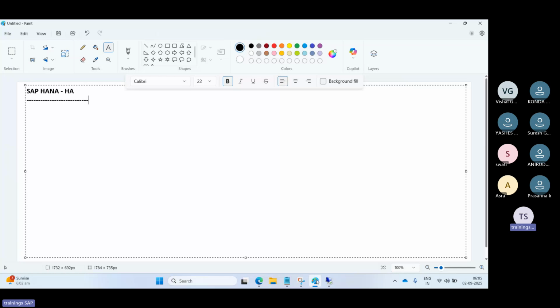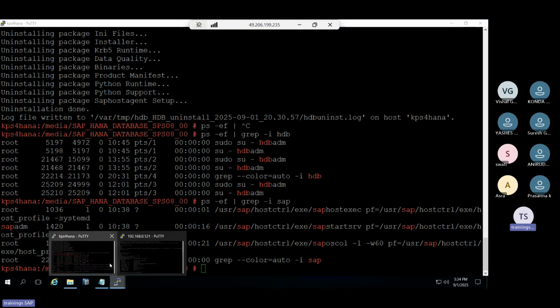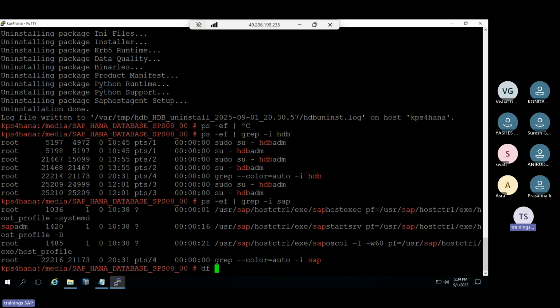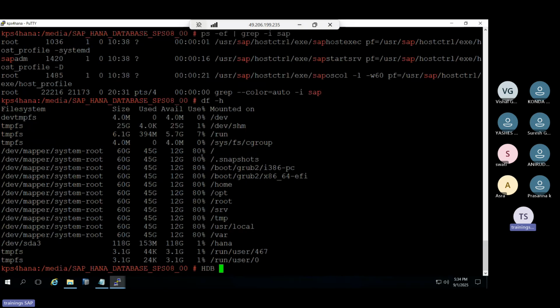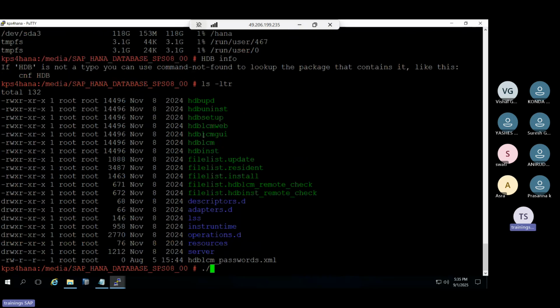We have to do the HANA installation here, right? So here we see someone has already corrupted the DB on the primary. They have already done it. So again we have to do the reinstallation of the database on the main host here, right? So I'm doing the